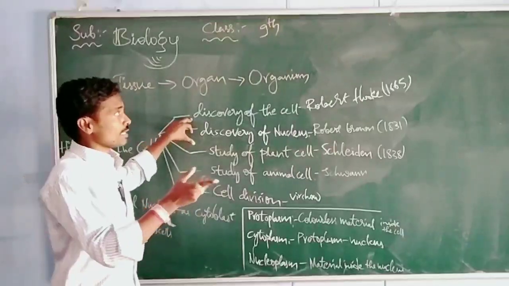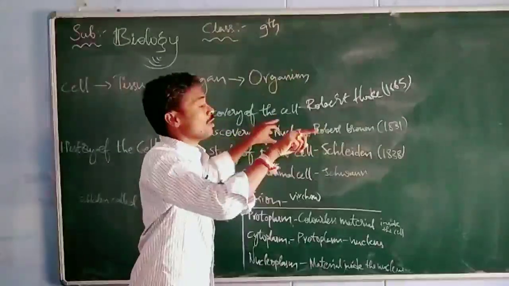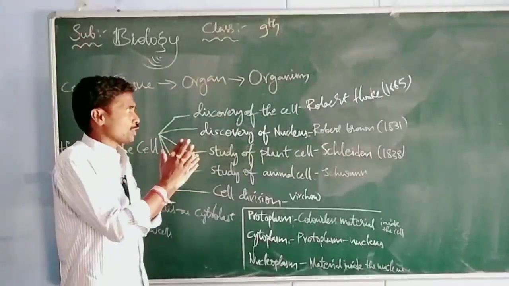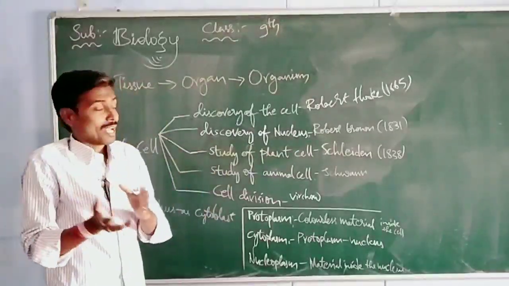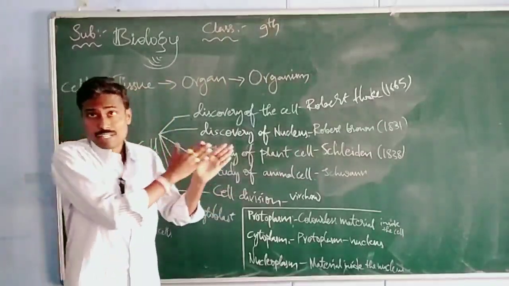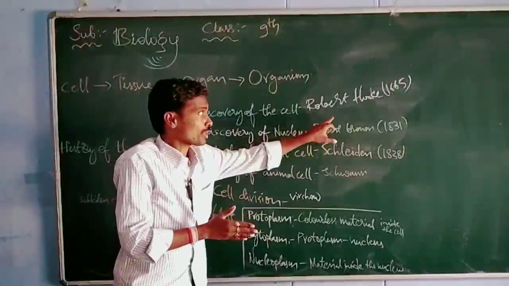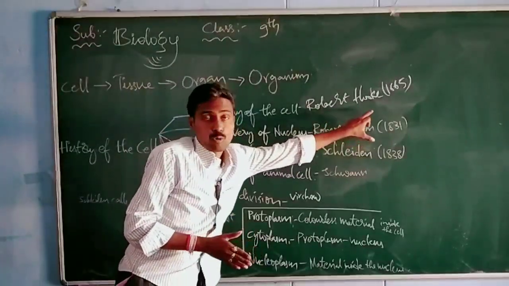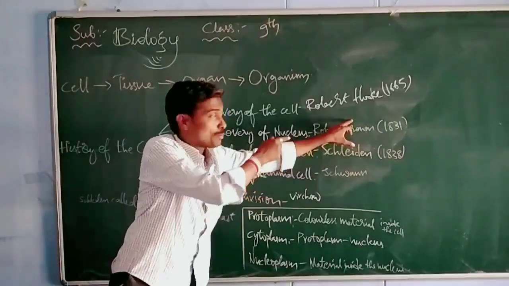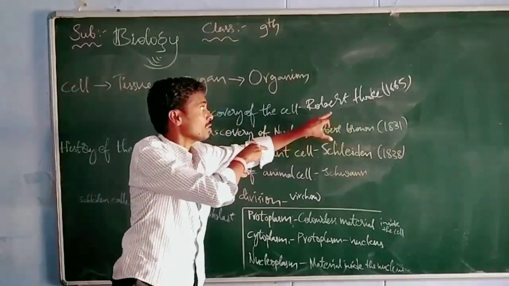Let us see Robert Hooke and the discovery of the cell, as well as the contributions of Anthony Van Leeuwenhoek. We get confused between Anthony Van Leeuwenhoek and Robert Hooke. Actually, Robert Hooke discovered non-living cells. He observed the cork of an oak tree. Actually, they are dead cells. That is about the contribution of Robert Hooke regarding the discovery of the cell.